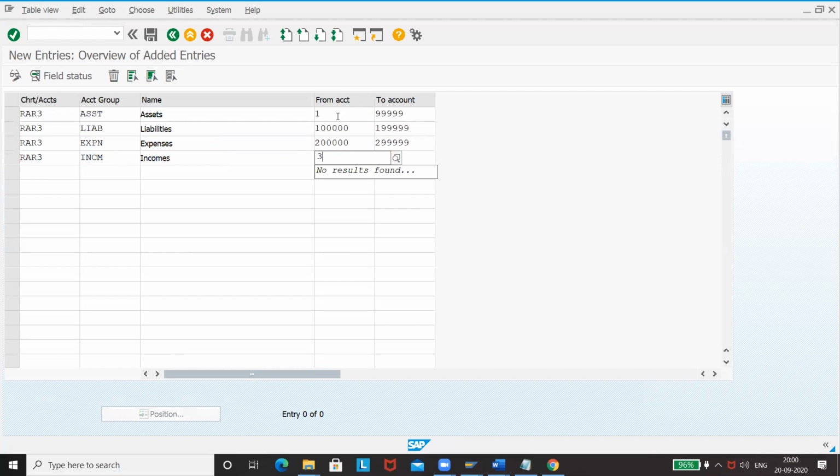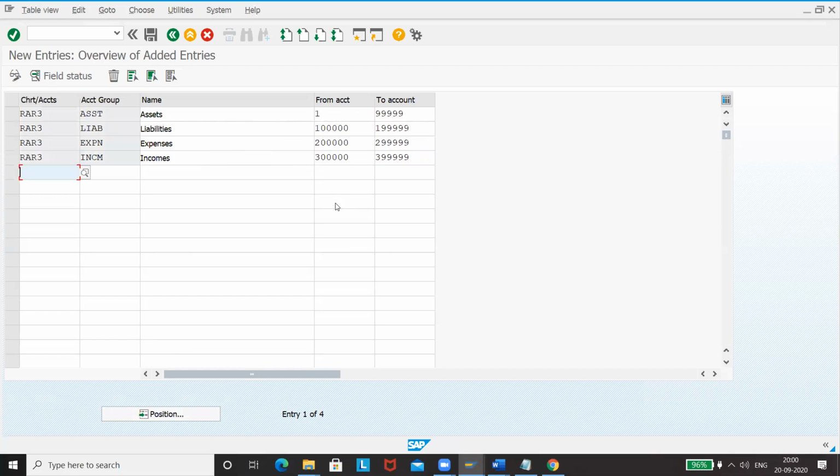It means that income accounts are maintained with 3 series, expenses 2 series, liabilities 1 series, and assets anywhere from 1 to 999.